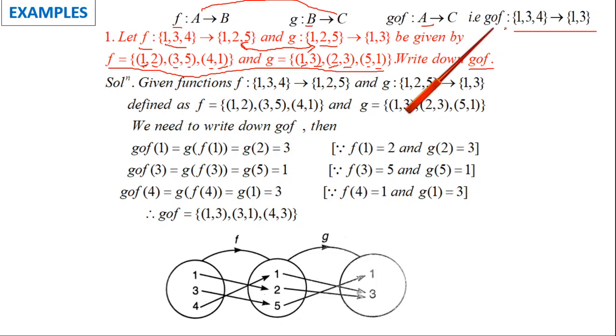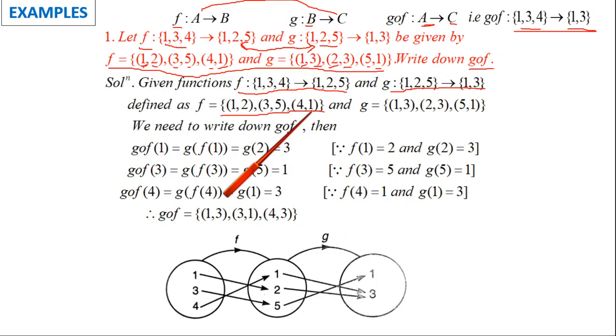So we have already seen that f composite g will be a function from set A to C, that is from this set to this. So let's see the solution. Given f is this, from here, and g is given to us, this is from here. Now f is defined as this,